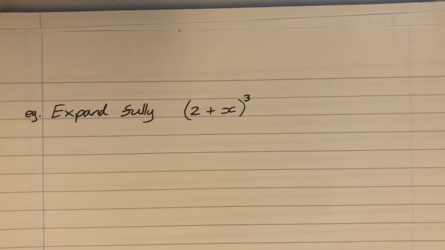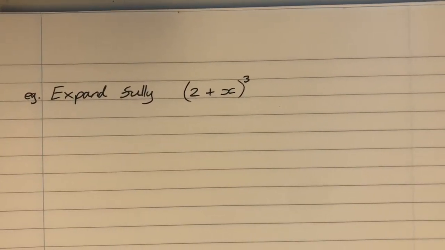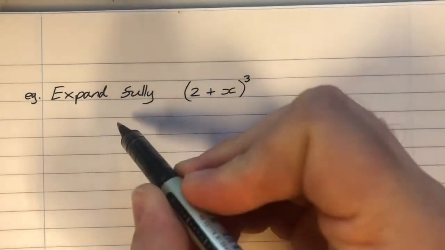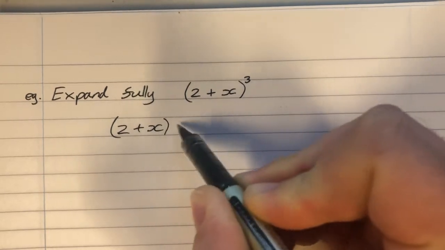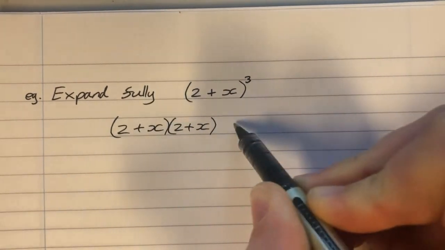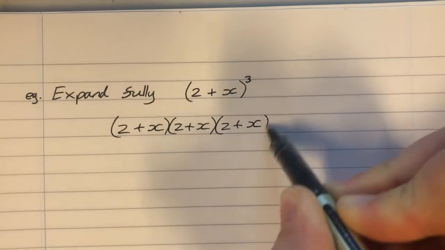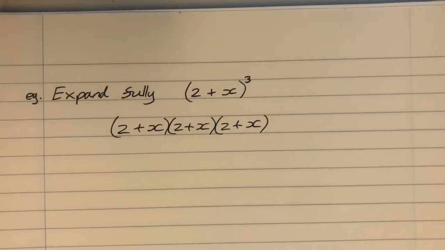Okay, so let's have a look at an example. So here we have one example. It just says expand fully (2 plus x) cubed, and I'm just going to go through this one quite slowly and explain exactly the shortcut method that we are going to be deriving. So (2 plus x) cubed, well, what that means is it's (2 plus x) times (2 plus x) times (2 plus x). Okay, so what we're doing is we're multiplying all this together,